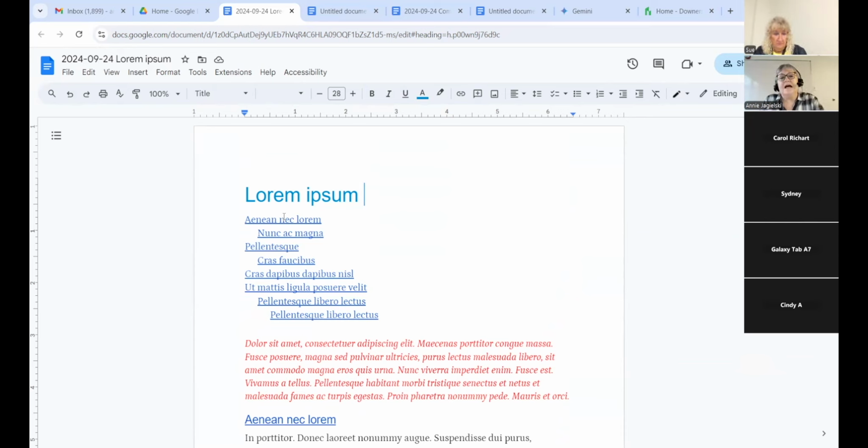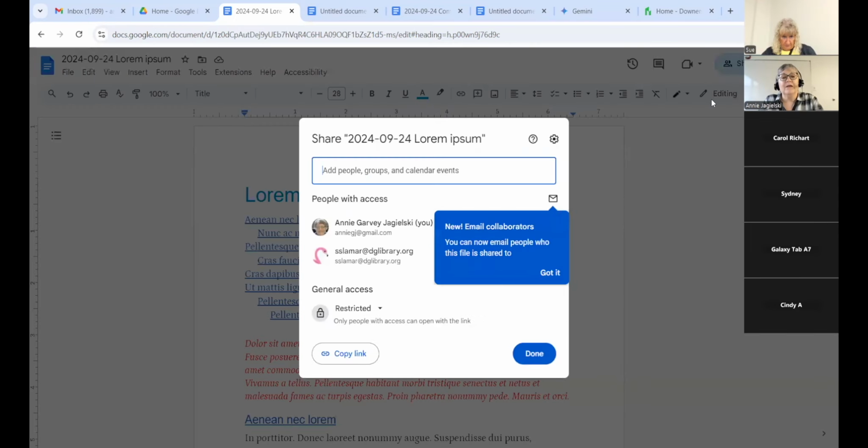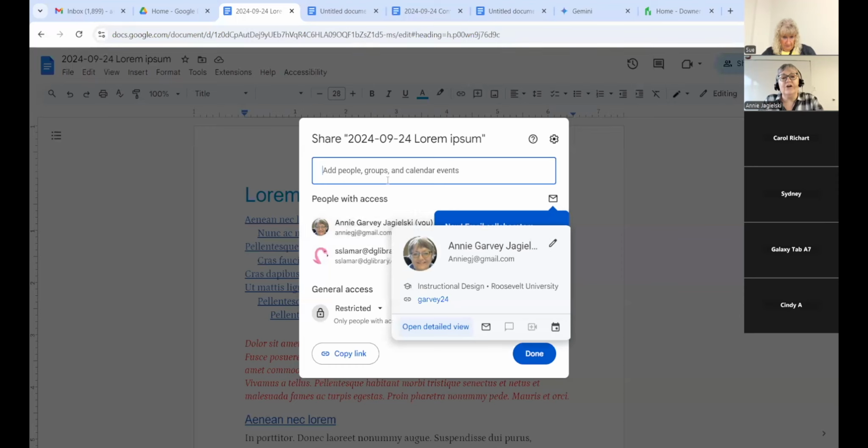Okay. The other thing that's really important about a Google Doc is that you can share it with somebody. Up to 100 people can be working on this Google Doc at the same time. So what I want to do is I want to share it with somebody, but I think I shared it with them already, but I want to share them again. Click on share. And you can see Sue is already shared and I'm already shared, but